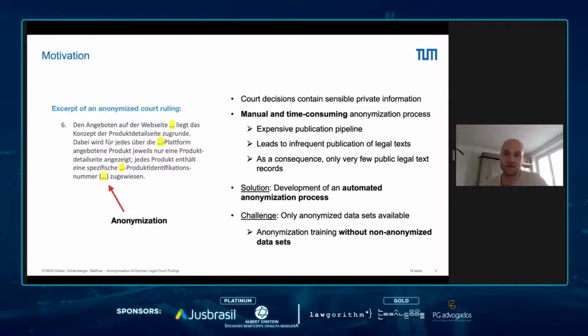As we only have 10 minutes today, we will skip the details of the interviews. However, it turned out that the whole publication pipeline of court rulings is quite expensive, and that this tedious and manual process leads to infrequent publication of legal texts. This has 2 downsides. First of all, if you're a lawyer doing legal research, not every verdict is available, and the data is spread through different publishers. The second part, more relevant in the law and AI community, is that we don't have much available training data. Therefore it would be good if we can support an anonymization process to overcome these 2 issues.